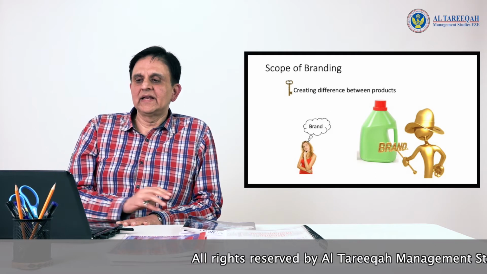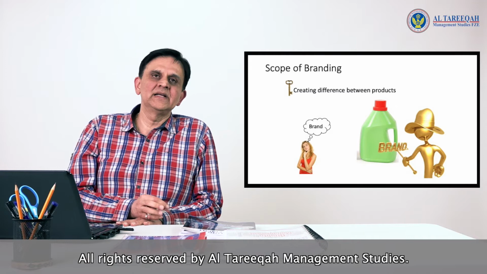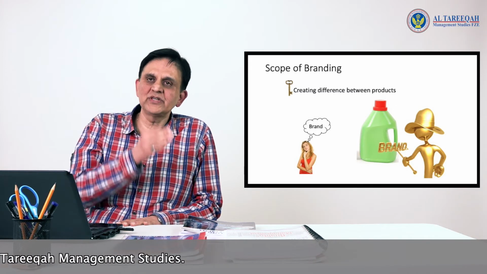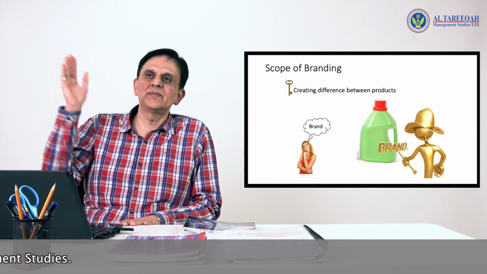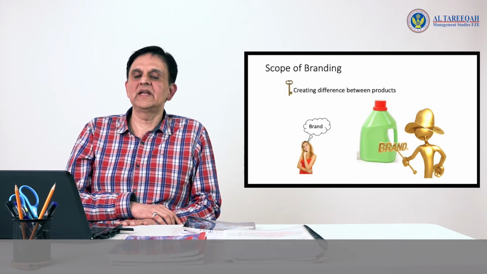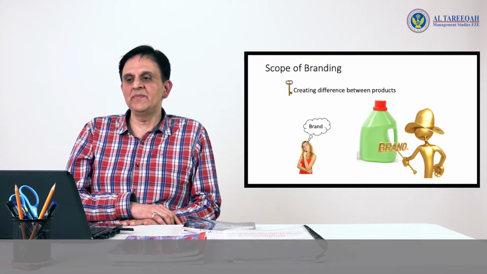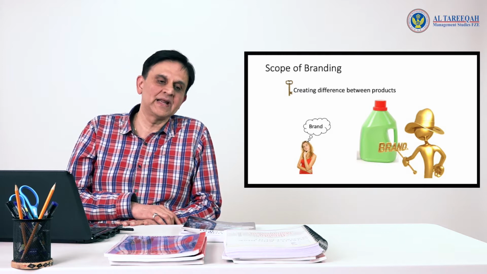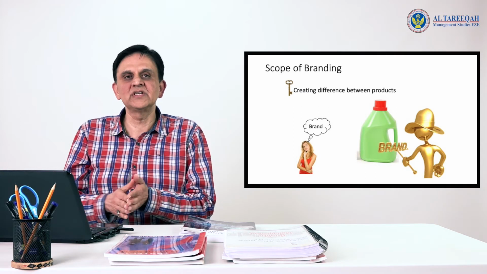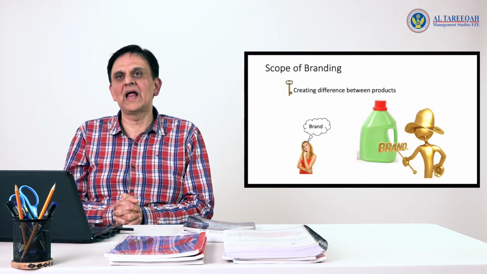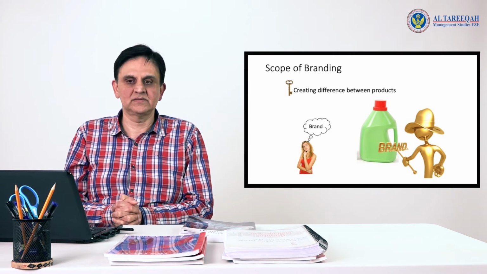Scope of branding. A brand is a brand in the minds of the consumer, and it helps you distinguish yourself from all the other brands that exist in the marketplace. So if there is competition, if there is clutter, if there is an immense number of brands in the market, then obviously you can distinguish brand A from brand B by positioning it, by scoping, by communicating what your brand is wanting to communicate.